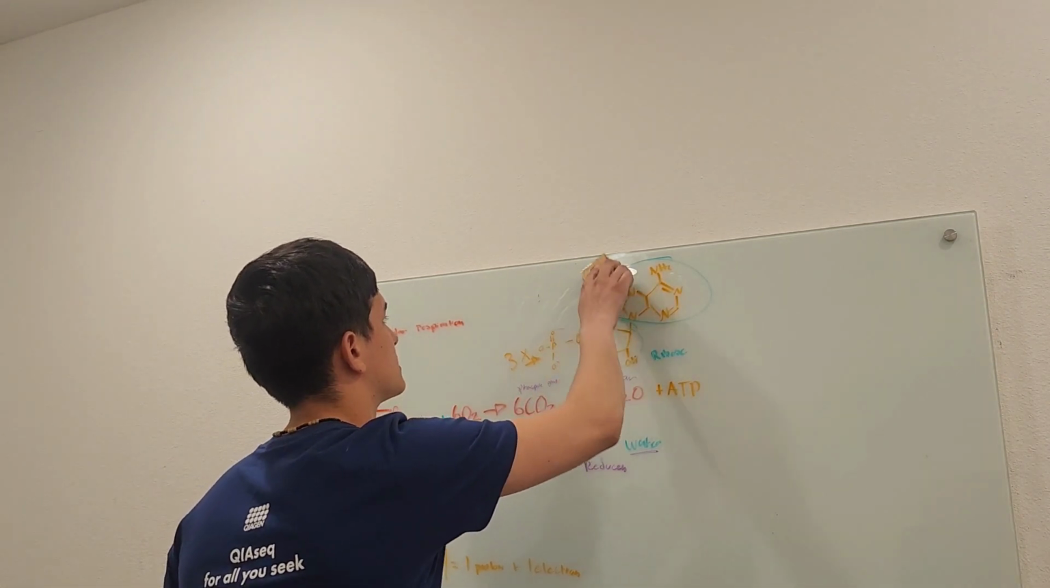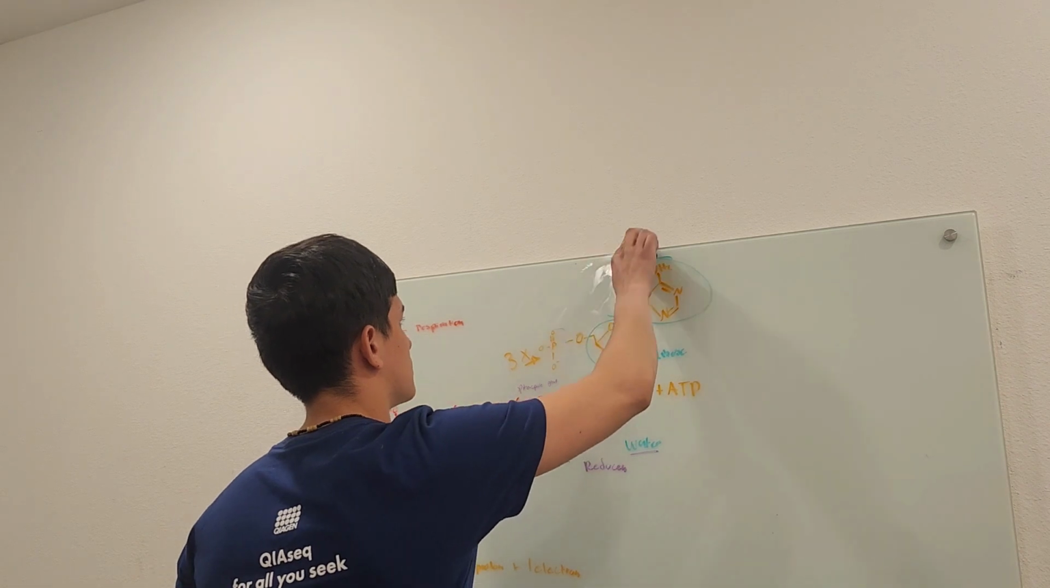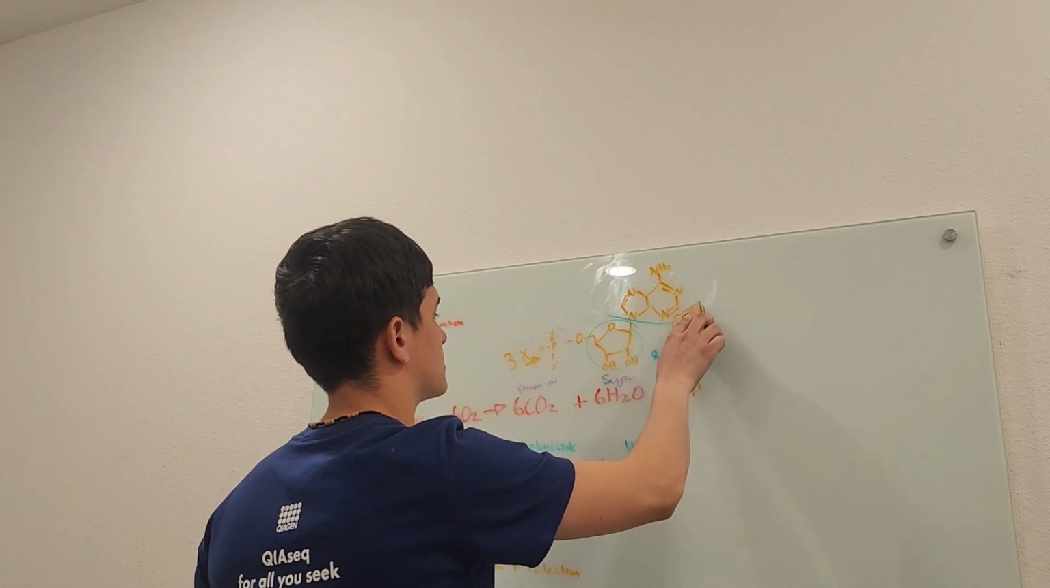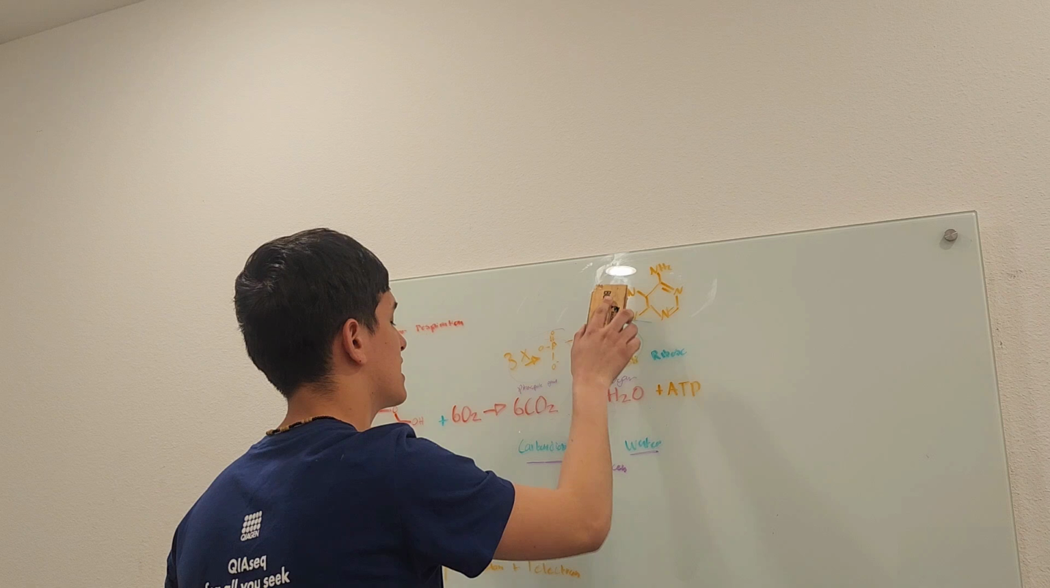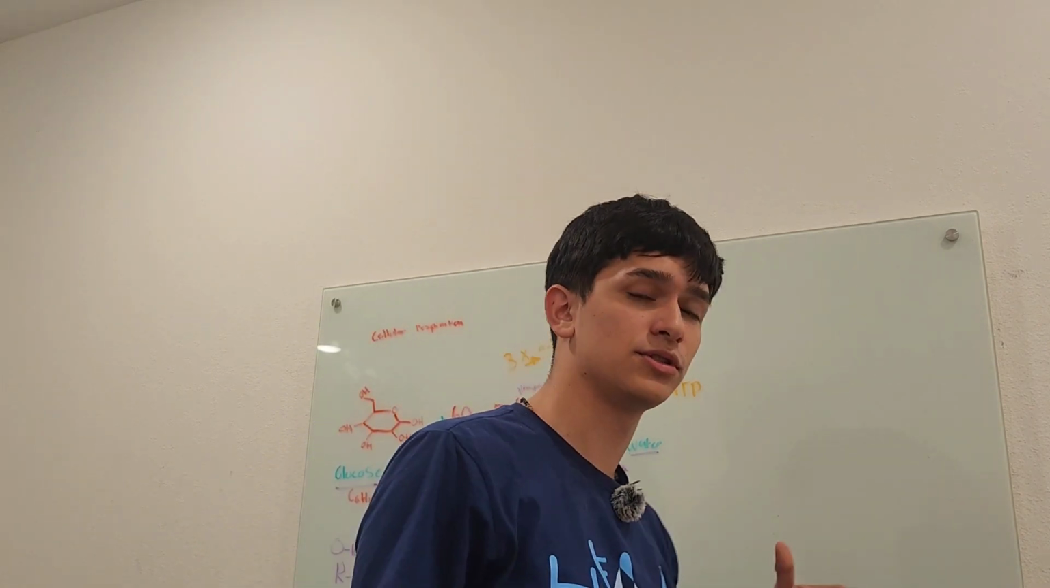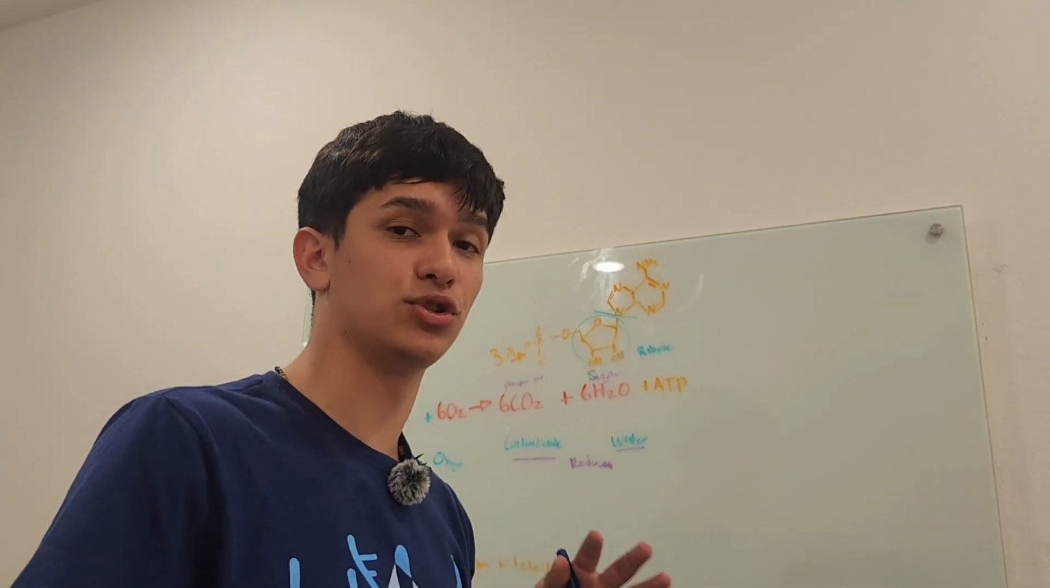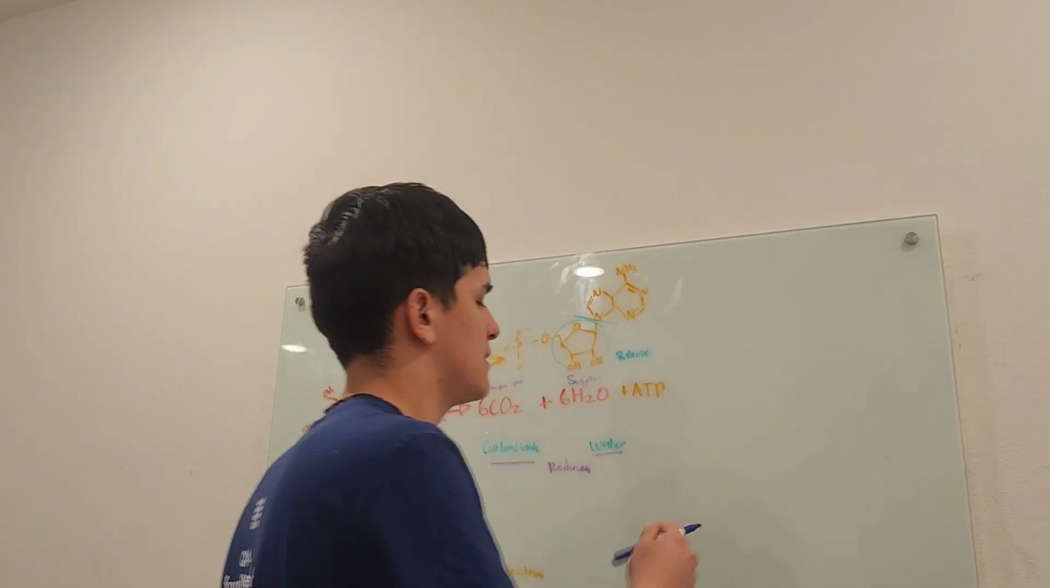It's a nucleotide, and its main base is here. So that's going to be adenine, and it's going to be connected to a ribose. Remember, ribose is a pentose sugar. What's a pentose sugar? It means it has like,